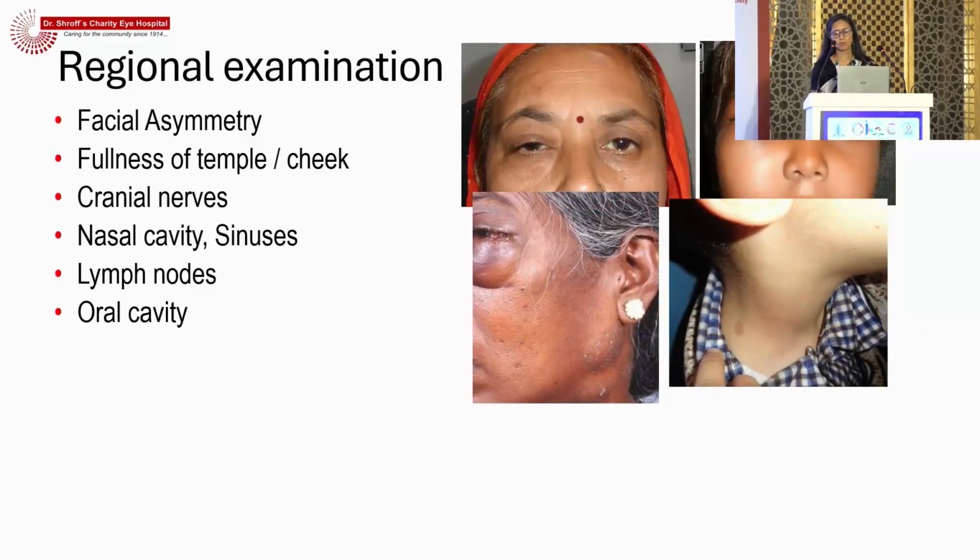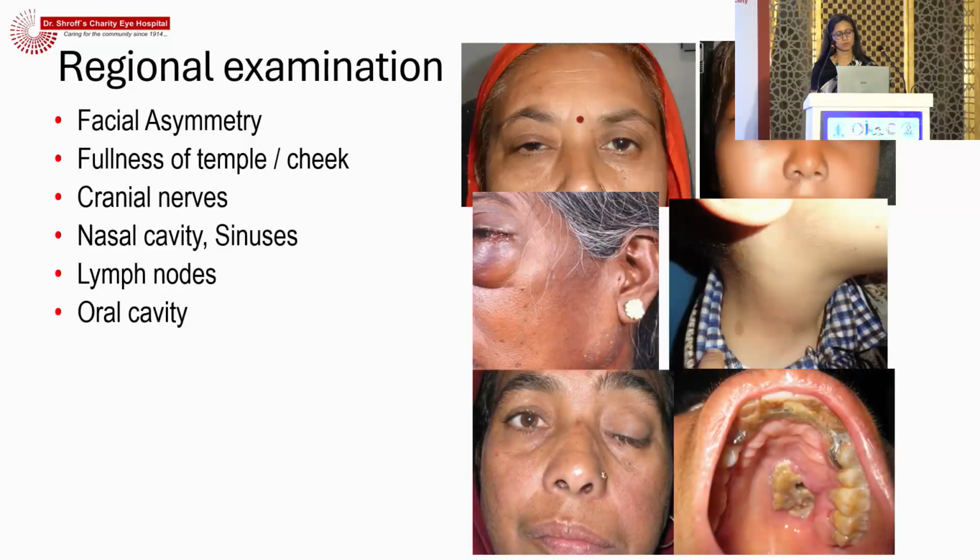Lymph nodes are extremely important if we are dealing with malignancy. Sometimes the skin evaluation can help us find the cafe au lait spots, which makes the diagnosis more towards NF. And in an elderly patient, especially immunocompromised, presenting with a sudden onset proptosis, vision loss, looking at the palate is extremely important because, as Dr. Tarjani just mentioned, mucormycosis is something which can also be an important cause of infection in the orbit,